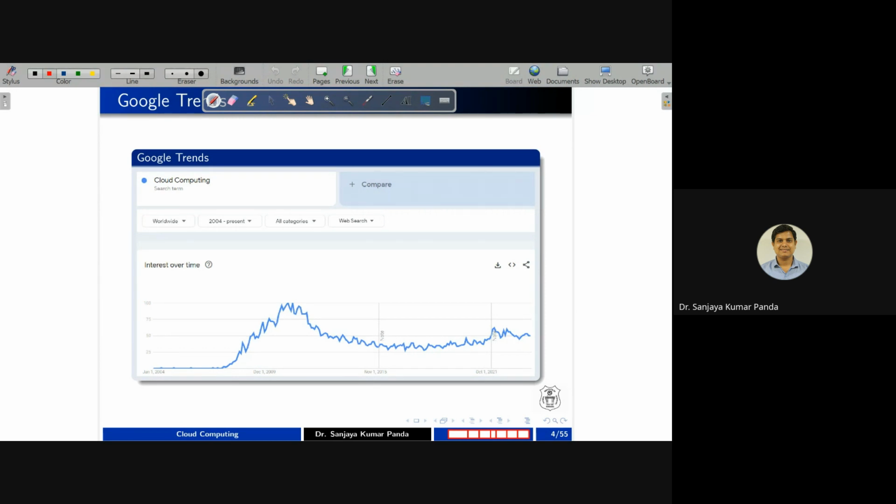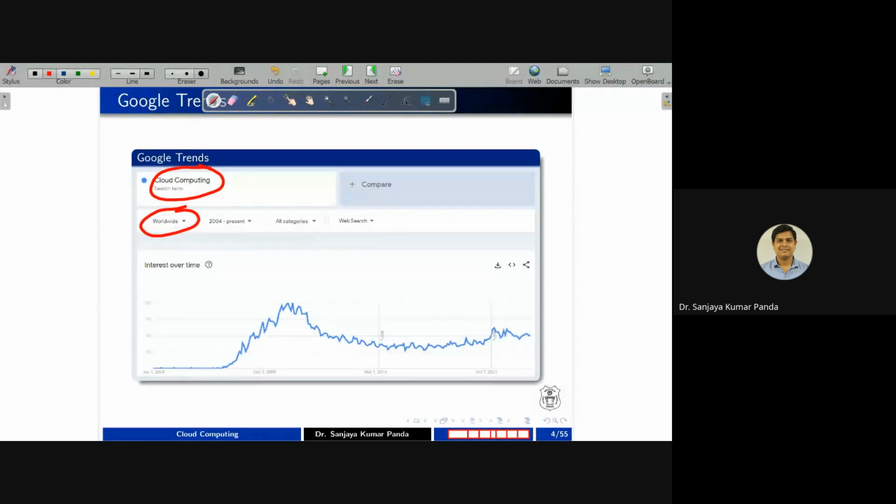Once you enter the Google Trends page, you can write a particular technology name. For example, you can see here I have written the technology name cloud computing. You can also restrict your search, or open your search, based on different regions. Like here you can see I have selected worldwide. I want to know the popularity of the keyword cloud computing all over the world. You can restrict to our country or continent or a particular location.